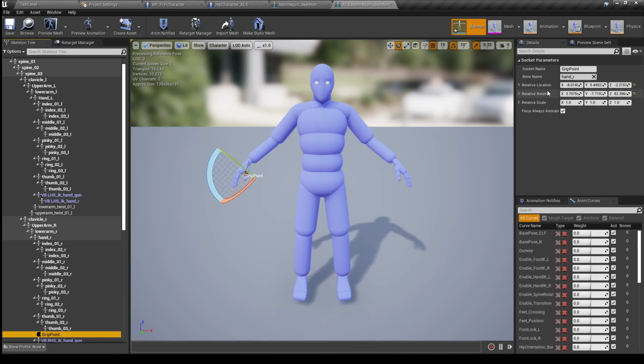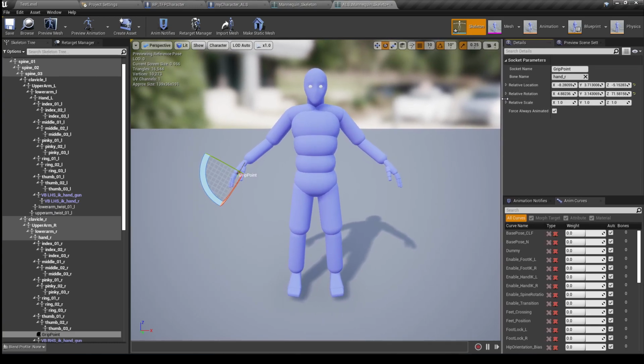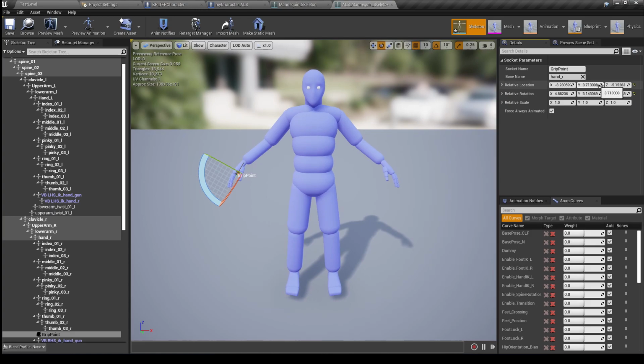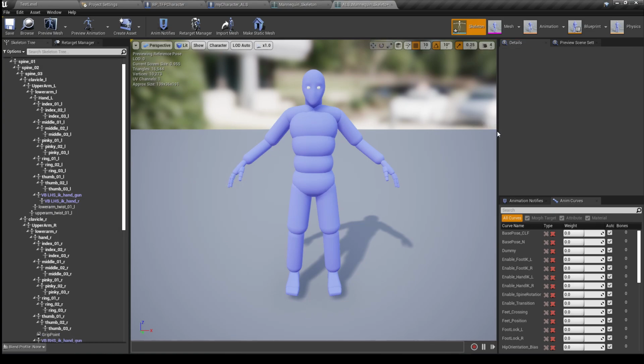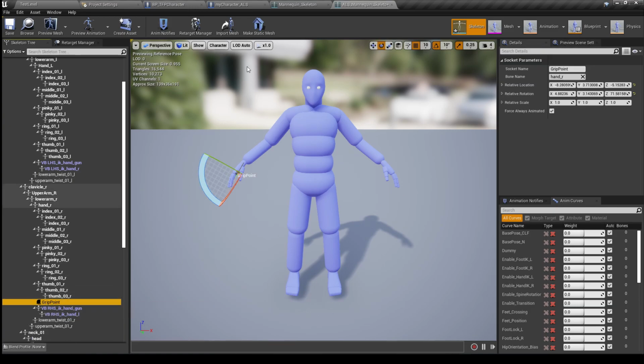This determines where the gun is going to sit in the hand. Now I'm going to cheat here. I cheated there. I went into another project that I've got to get this. So if you want to pause the video and put these numbers into your grip point socket location and rotation, you'll end up with the gun where I've got mine. Now you don't have to have it where I've got mine, but as you'll see, I think it's about in the right place. So save that, back into the level,